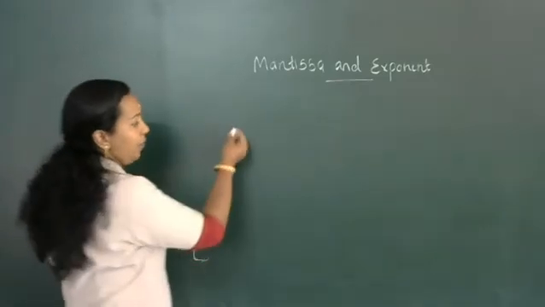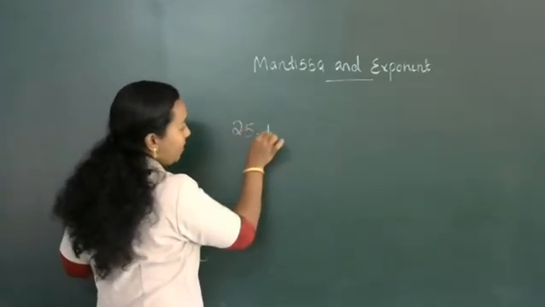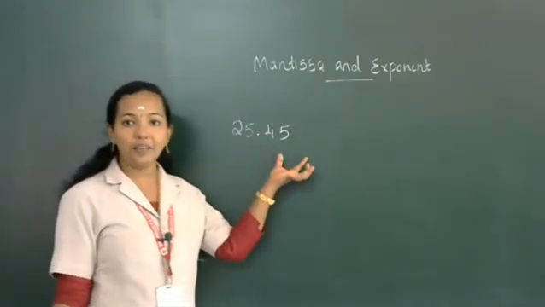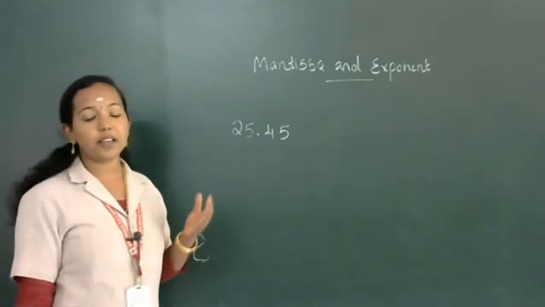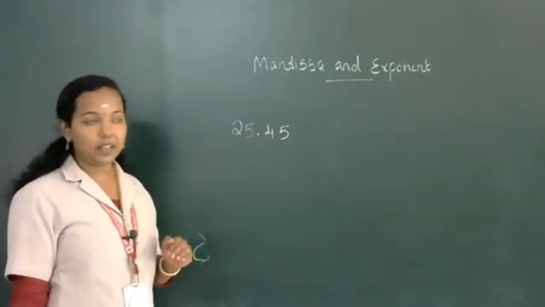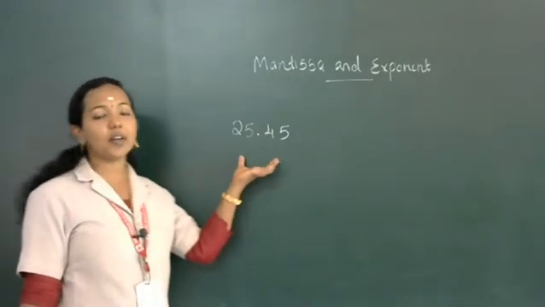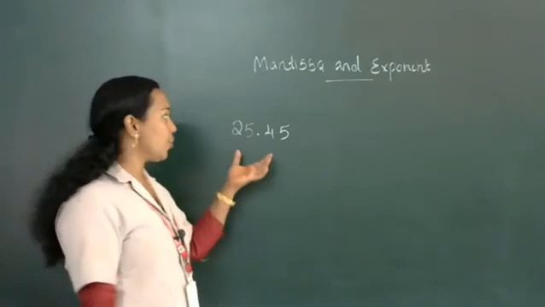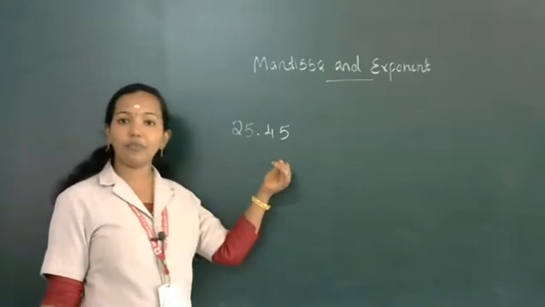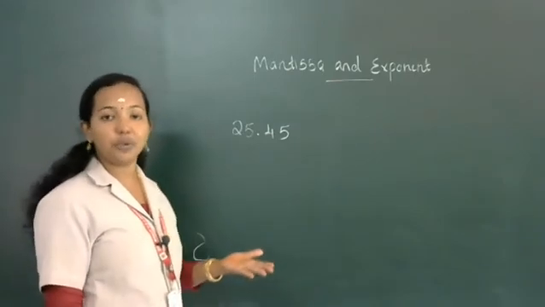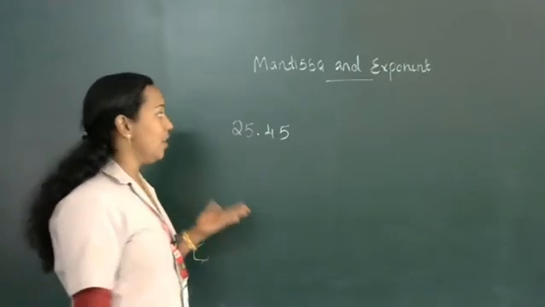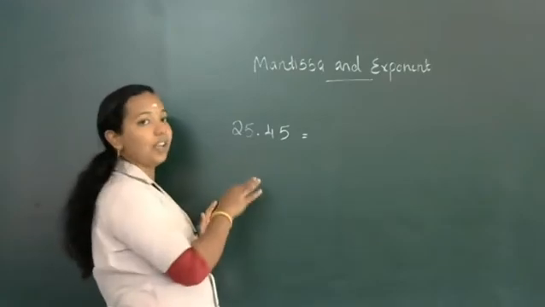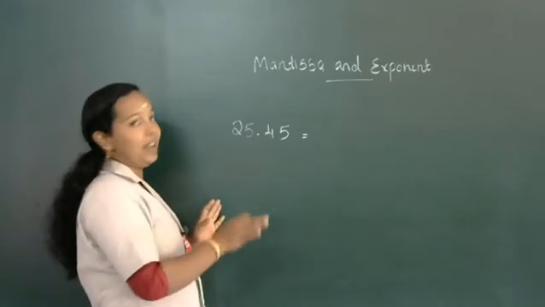For example, 25.45. This is a fractional number. A real part and a fractional part are there. Suppose you want to represent 25.45 in memory. Then what do you want to do? First, you want to convert this fractional number into exponent and mantissa format. So in this there are only two sections, the real part and the fractional part. So we are converting it into exponent and mantissa format. I am going to remove all the digits from the real part and convert it into mantissa format.